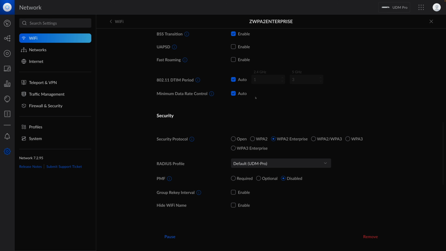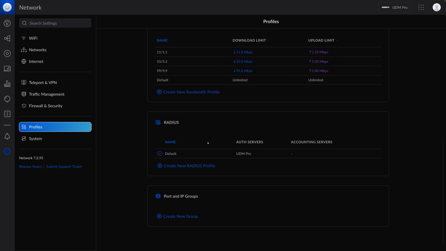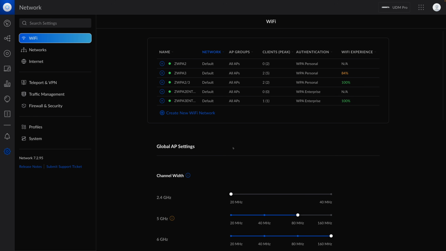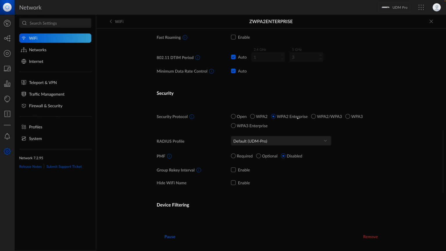Regarding WPA2 and WPA3 Enterprise, the settings are very easy. Even if you are just a home user, if you want, you can still use them. You simply go to Profiles. Under RADIUS, you set up a default RADIUS server which comes with your UniFi router. You don't need to install anything. Then you create RADIUS users, in my case, just one user. And then you go back to the Wi-Fi setting. Enable WPA Enterprise, choose your RADIUS profile. That's it. Very straightforward. But because it's out of the scope of this video, I won't spend more time on